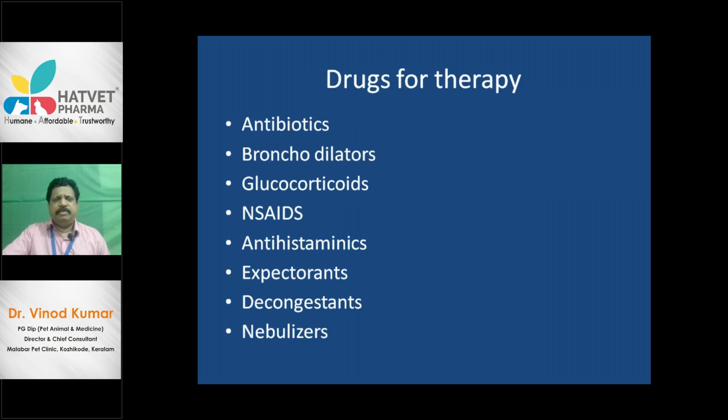I told you, antibiotics, especially we have the broad spectrum penicillins, we have the cephalosporins, third generation or fourth generation cephalosporins can be given. We can even go for oral cephalosporins. Then we can go for quinolones, megaspectrum antibiotics. We can go for aminoglycosides such as tobramycin, gentamicin, kanamycin, amikacin, etc. We can go for